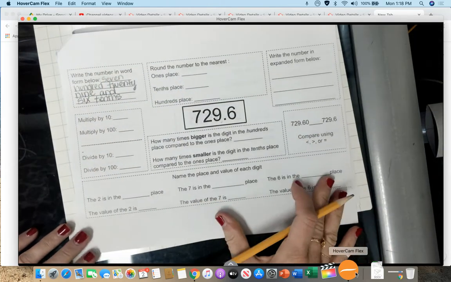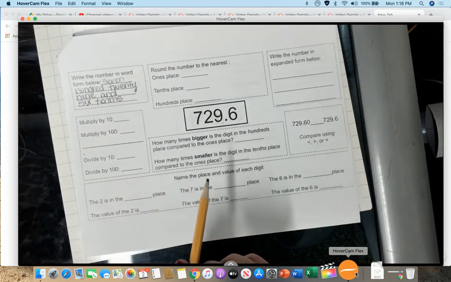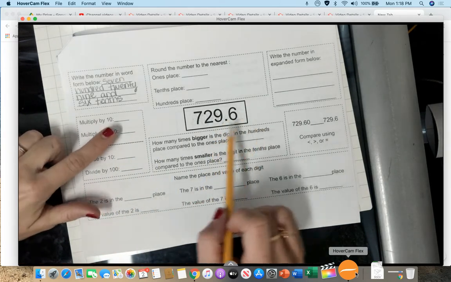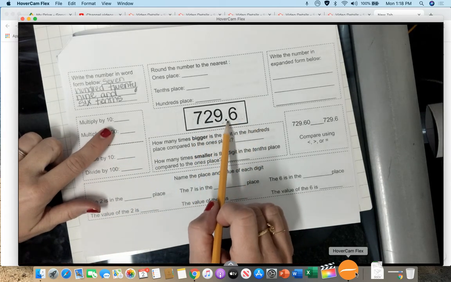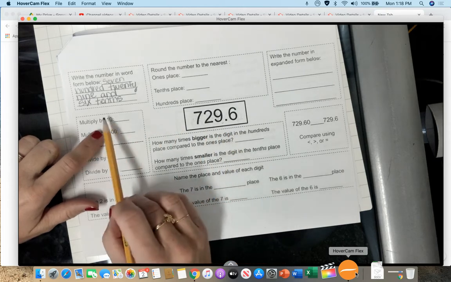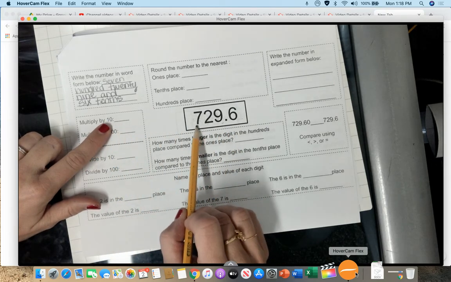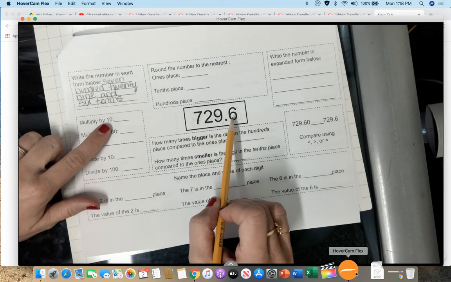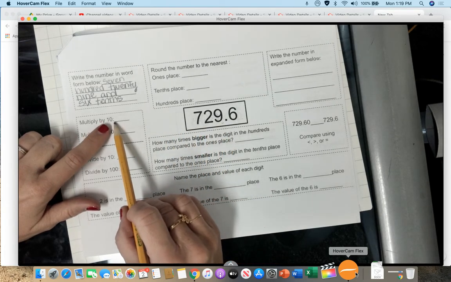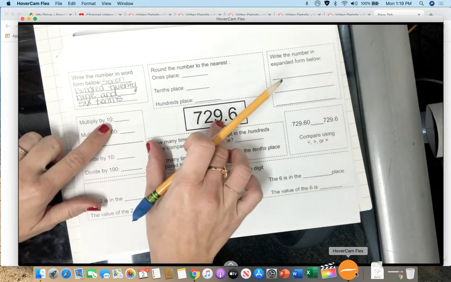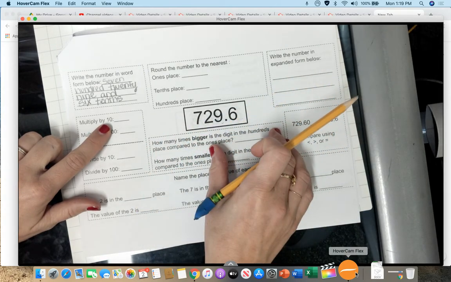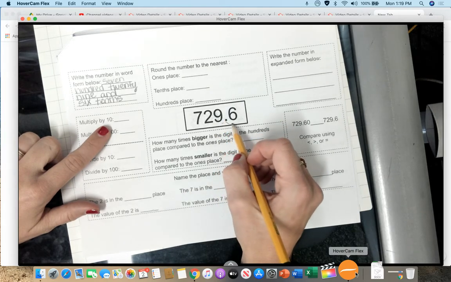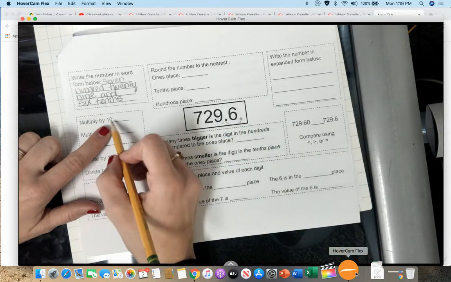All right, let's go ahead and multiply and divide. If I multiply a decimal by 10, I know that none of the numbers change. All that happens is my decimal moves over. Because what is 1 times 729.6? It's 729.6. But because there's a power of 10, everything gets bumped up a value. Because when I multiply a number gets bigger. So I know that the decimal is going to move over to the right one time, and my answer will be